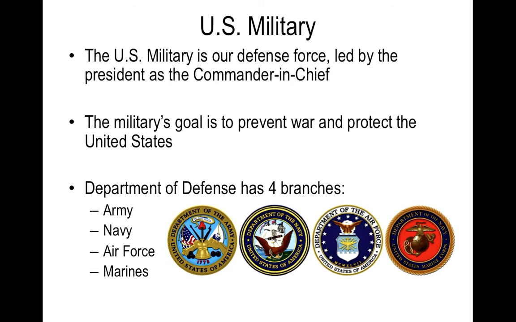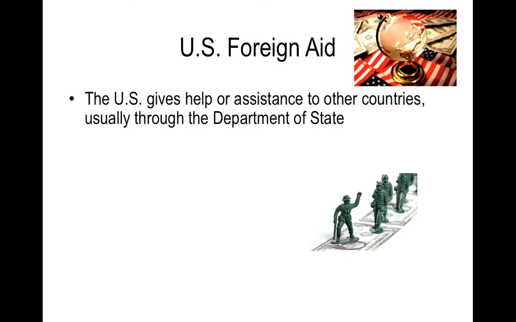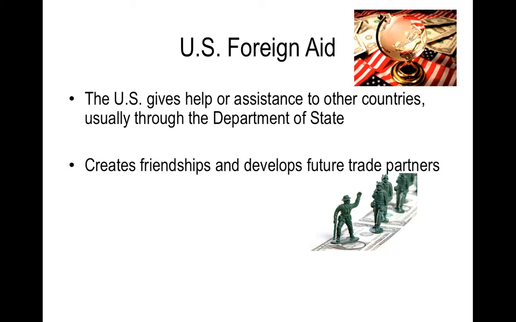Okay. So now, what exactly do we do for other countries? Well, the United States gives foreign aid to other countries through the Department of the State. As you guys have learned, the Department of State helps out with the U.S. foreign policy. Okay. Now, this foreign aid creates friendships and develops future trade partners. It basically